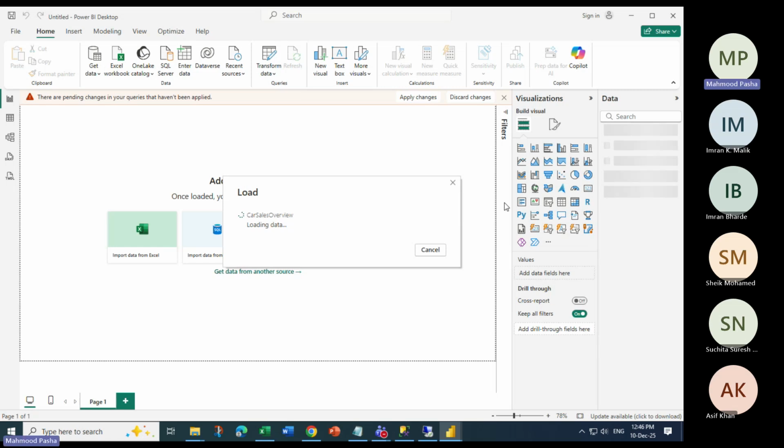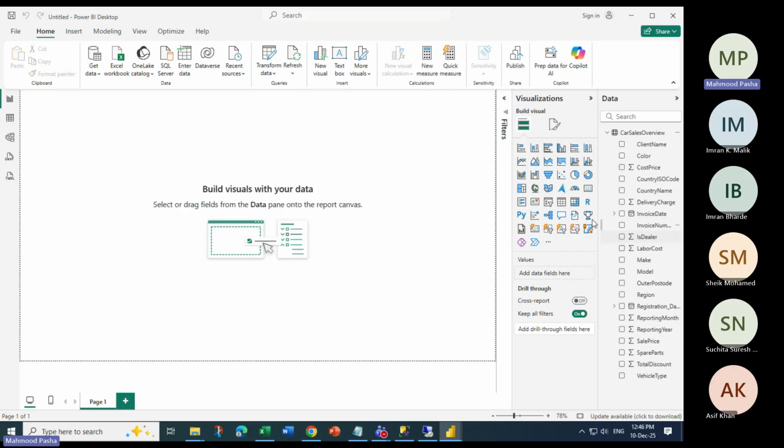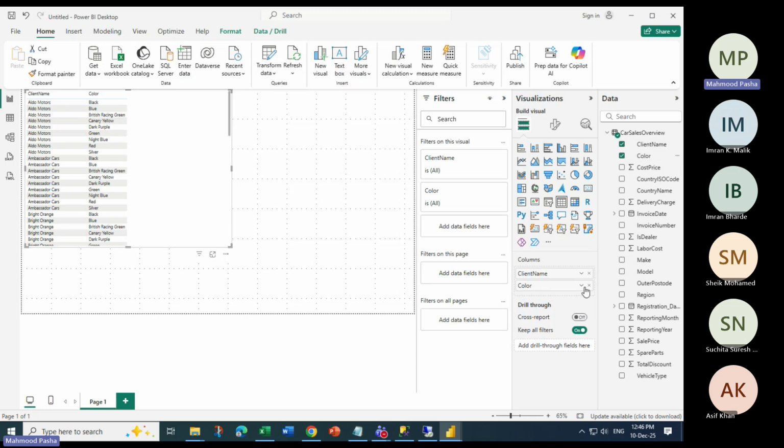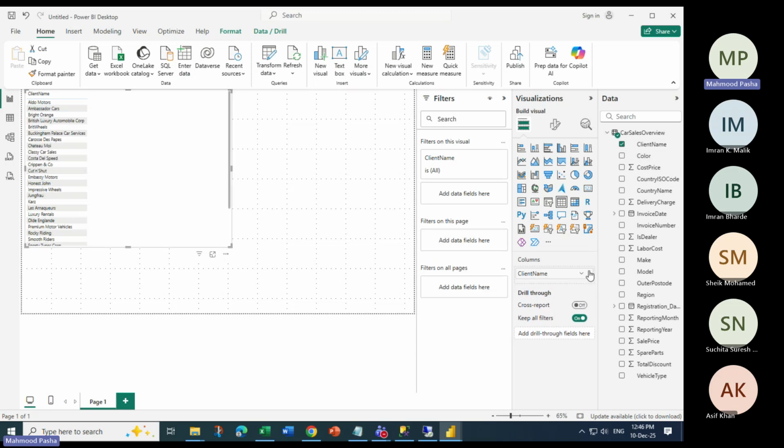Perfect. So now see, I already have the data. Sometimes I want to create a table or a dashboard or any type of visual, and I want to design this visual with some data items. What we usually follow is drag and drop one by one, or you can drag this and put it into columns one by one. This will take some time from us. So we have a concept called hierarchy,